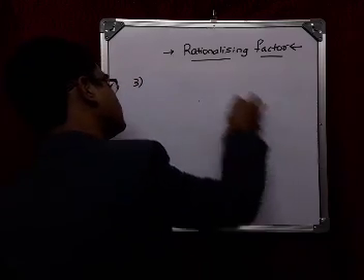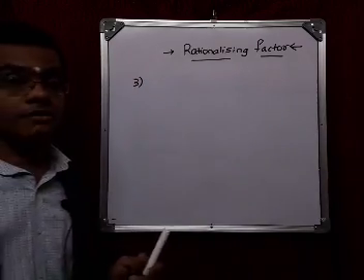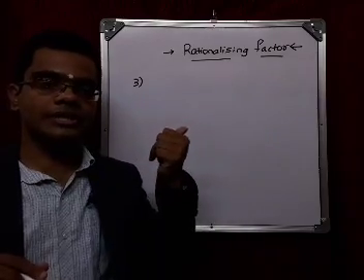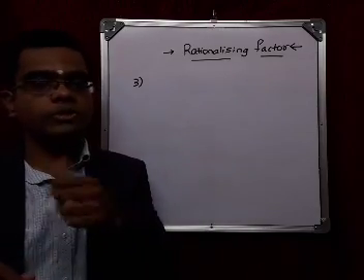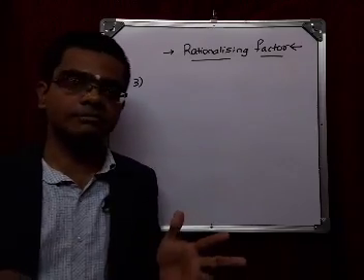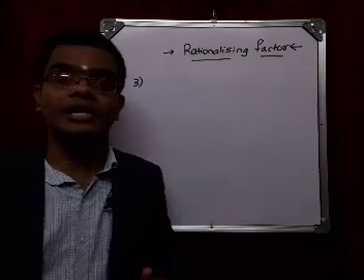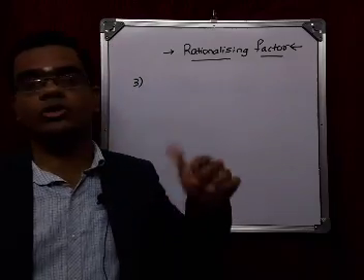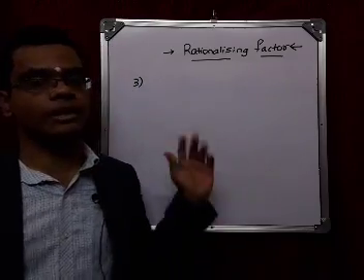One more very important thing: till now I have used two examples, that is root a minus root b into root a plus root b is a minus b. Similarly, root a plus root b into root a minus root b is a minus b. These two are binomial surds, meaning only two terms are there. You cannot apply this for a trinomial surd, and I am not going to give that example right now. Fine.